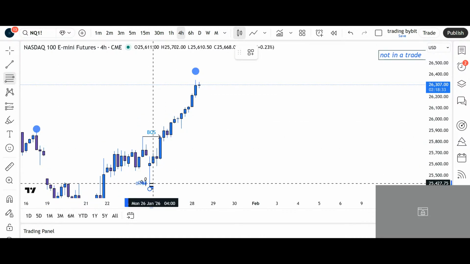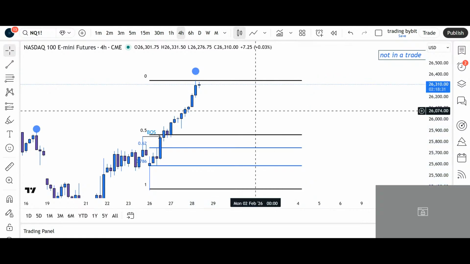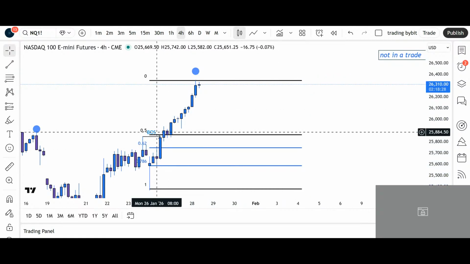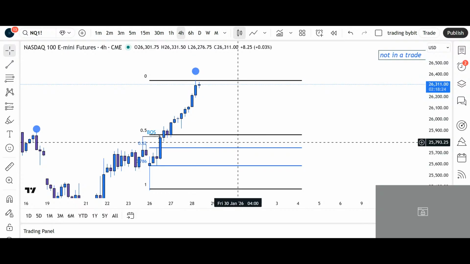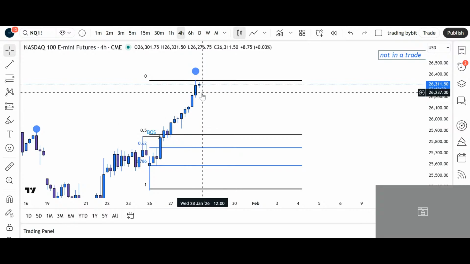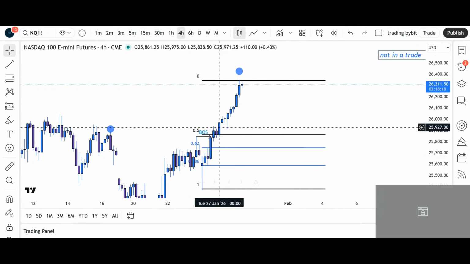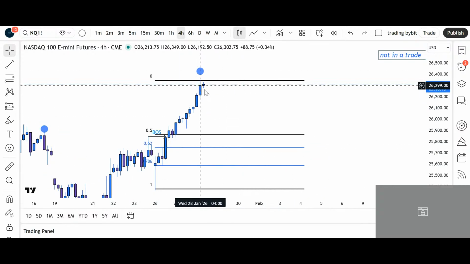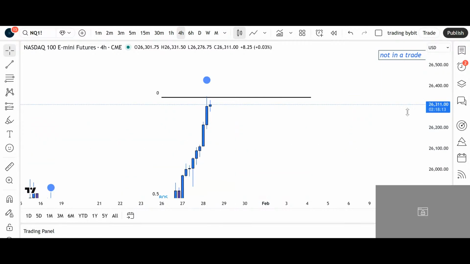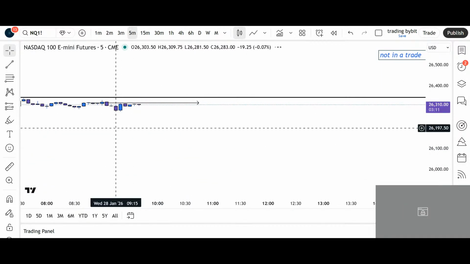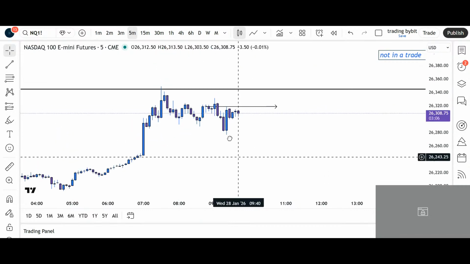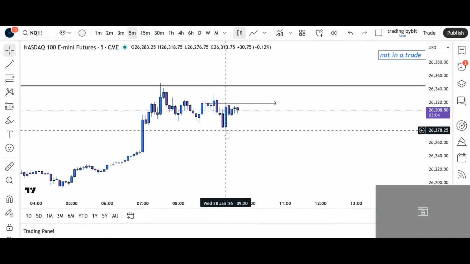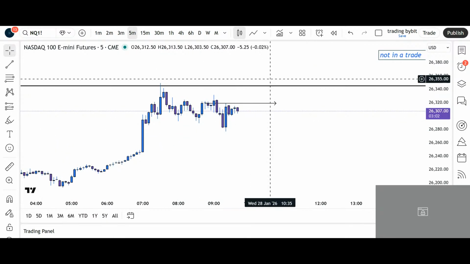And then we had this impulse move, and we never had a retracement of this move. So if we want to have a full retracement of this, we could come back all the way to 25,008. But at all-time high, I don't see that happen. So I would just long off of it. Every small retracement we have, long off of it, and make it a 5-minute break of structure constantly. Every time you have a 5-minute break of structure to the upside, move your stops with it, with the new low.